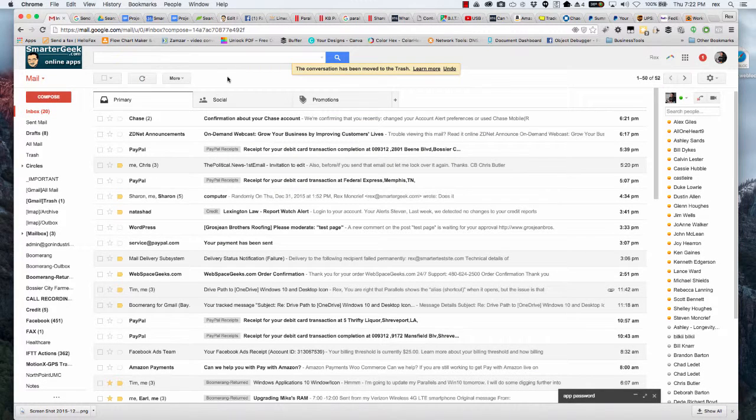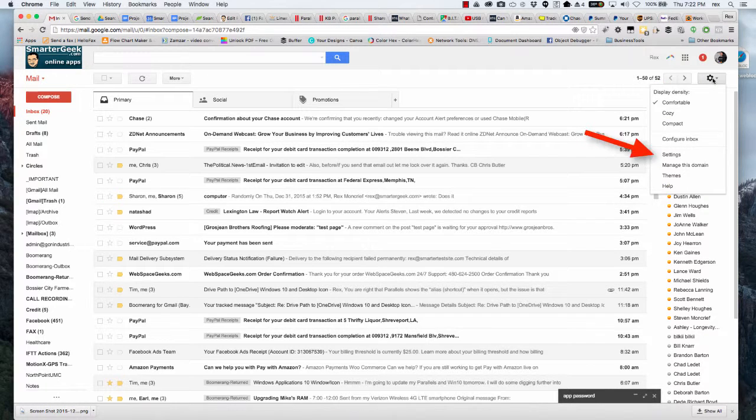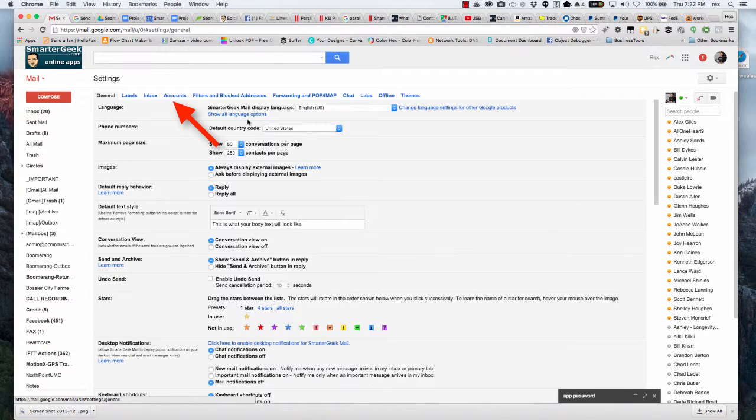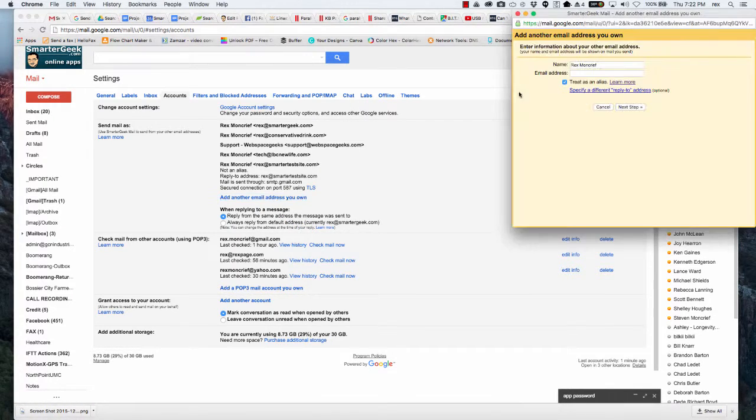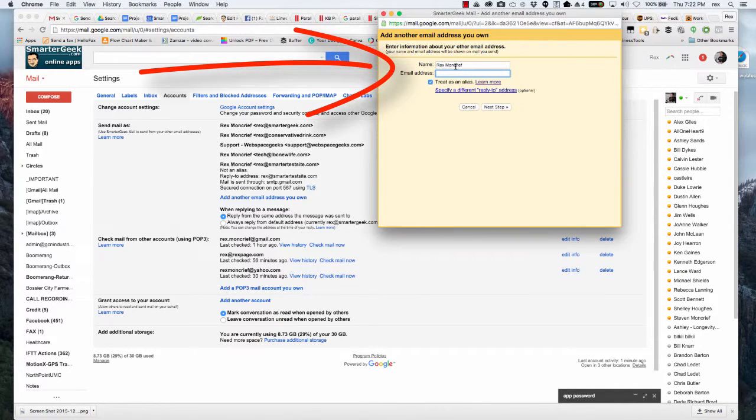Now the second part to this is we need to be able to send this from my existing email account, which is Rex at SmarterGeek.com and powered by Google. So I'm assuming that you're using Google for your email. So what you want to do is sign into your primary email account, and I'm going to click on the settings button, and let's go down to settings, and we're going to go to accounts, and what we want to do is add another email address that you own, and in this case we're going to make it